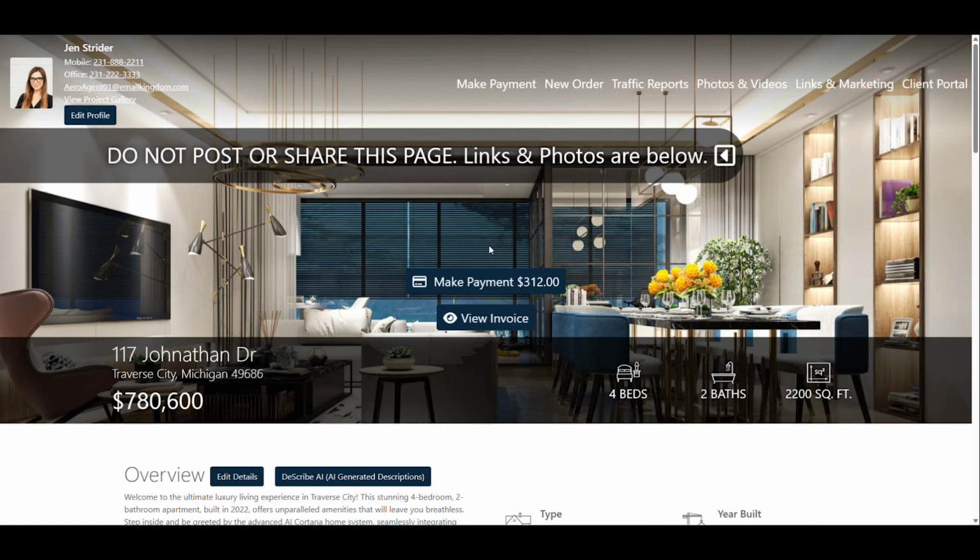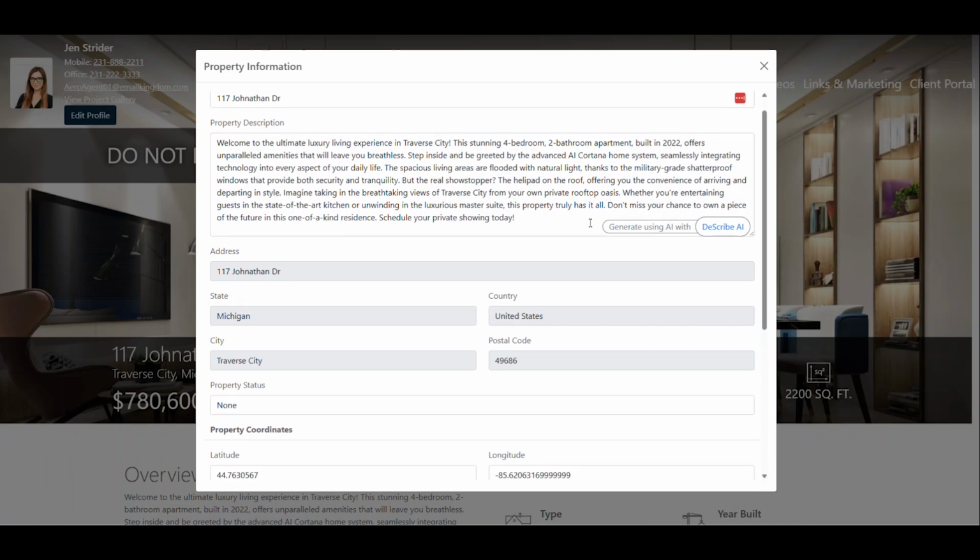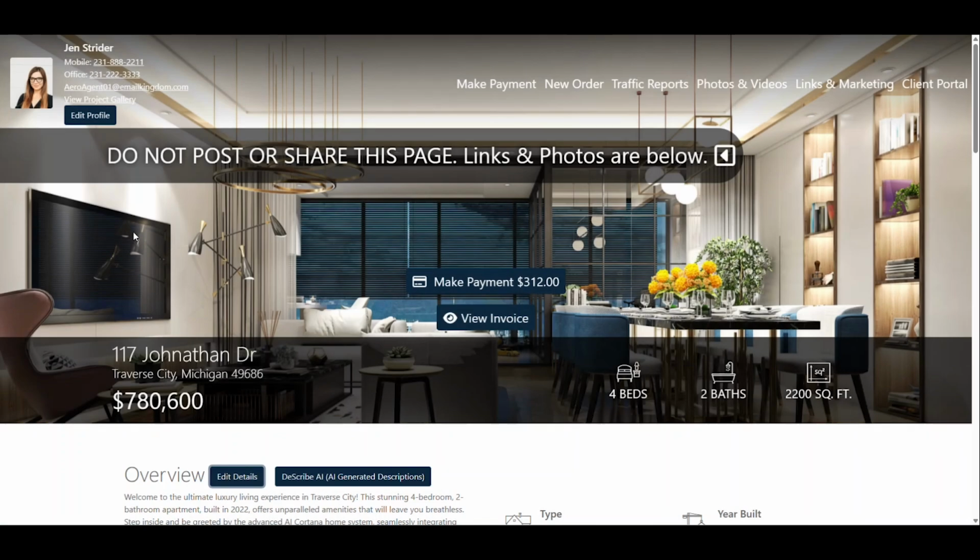This is only for them and only for their eyes, as anyone with this link has the ability to not only edit the project details directly from the delivery site, but they can also edit the agent details from here as well. A great aspect of the delivery site is allowing your clients the ability to pay for those orders from here